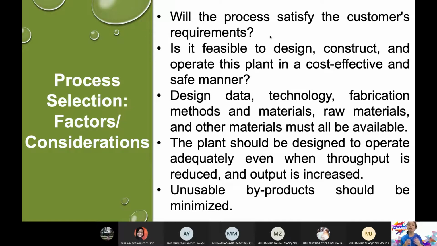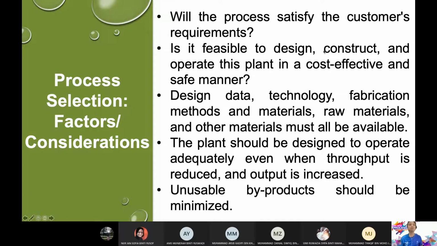So if you choose a very high-tech process that might give you, let's say, high purity, tapi it's too expensive for your customer. Sebab kamu kena ingat, customer kamu tu beli untuk application dia. So let's say lah, kamu nak jual ammonia kan? Ammonia tu fertilizer, baja. So let's say you choose proses yang memang kamu menghasilkan baja yang very good quality. Tapi your customer cannot afford to pay that ammonia in the expensive price. Sebab dia baja je pun. So you have to consider that who's my customer, apa yang dia nak sebenarnya. Okay, so from there you will know whether your process is suitable enough to satisfy your customer requirement.